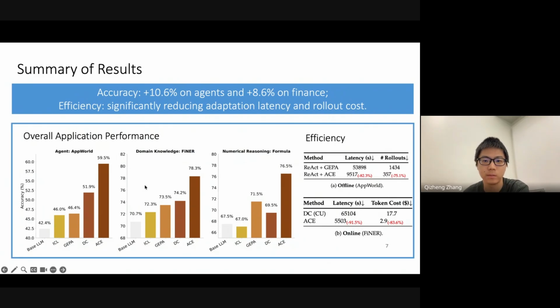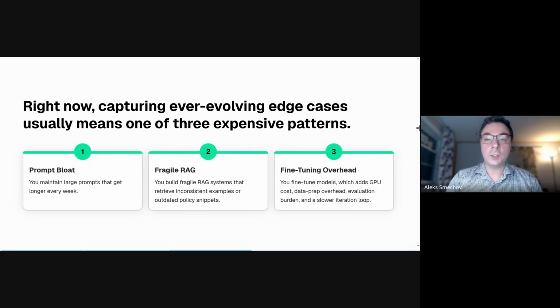than prior baselines. Thanks, Qizheng, for that excellent deep dive. Let's just wrap it up. I'll try to summarize everything technical that you mentioned. There's one ACE analogy we always like to repeat at SCX. You don't retrain an employee every time a company policy changes. You update the documents they work from, and the employee figures it out over time. And ACE is like that for AI agents.